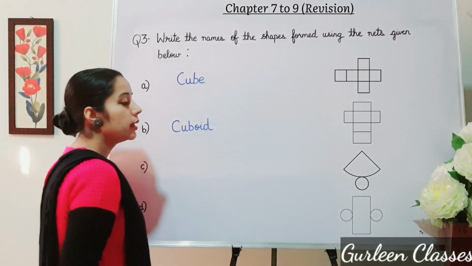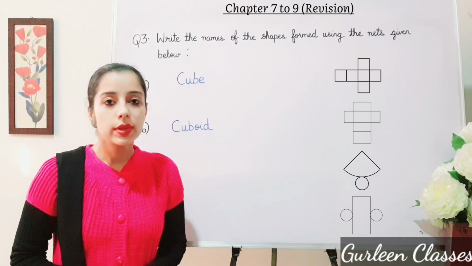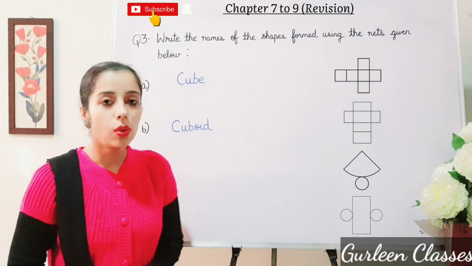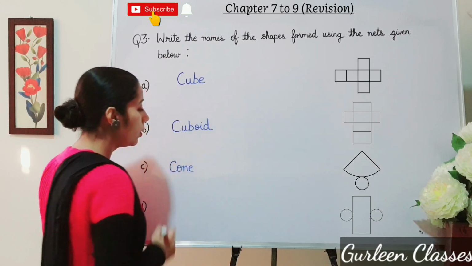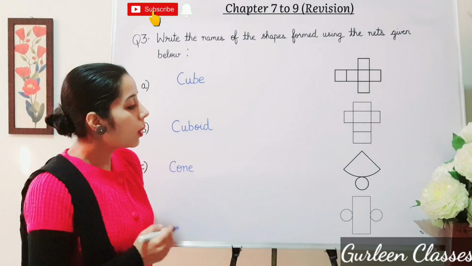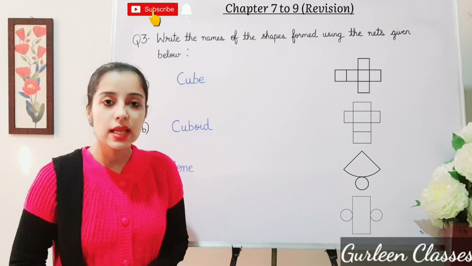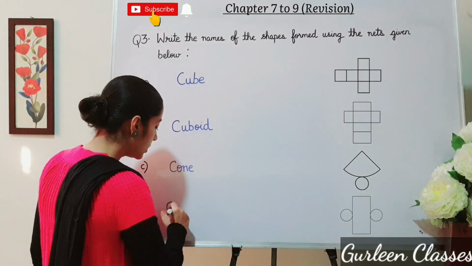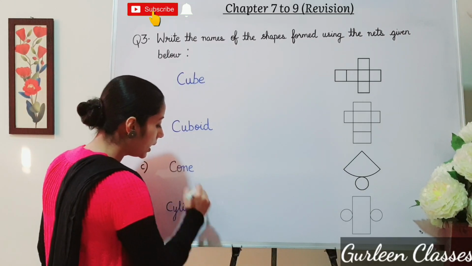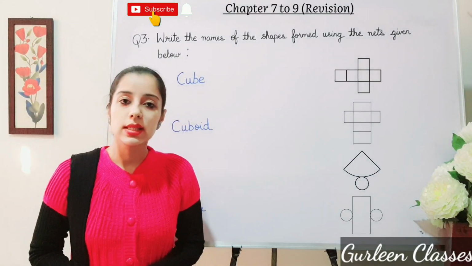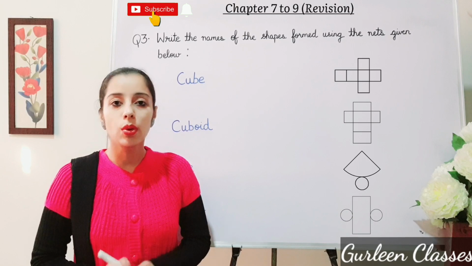So right here C-U-B-O-I-D, cuboid. Now C part, one triangle and one circle. So which shape is this? Cone. So right here C-O-N-E, cone. Now D part, one rectangle and 2 circles. Which shape is this? Cylinder. So right here C-Y-L-I-N-D-E-R. So I hope students the concept of 2D shapes and 3D shapes is clear